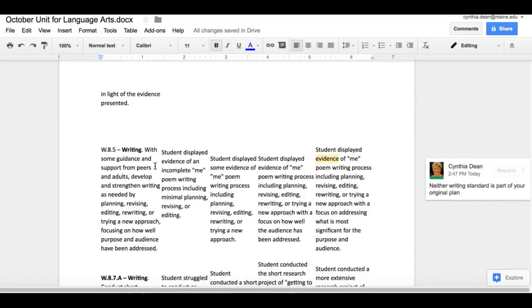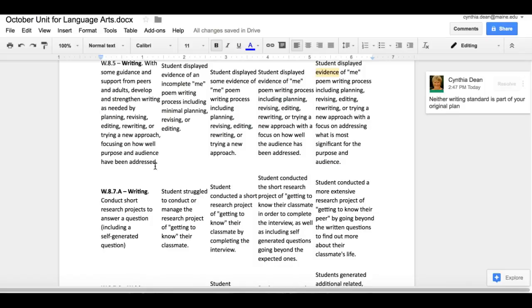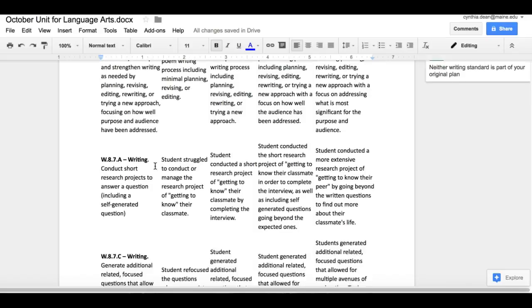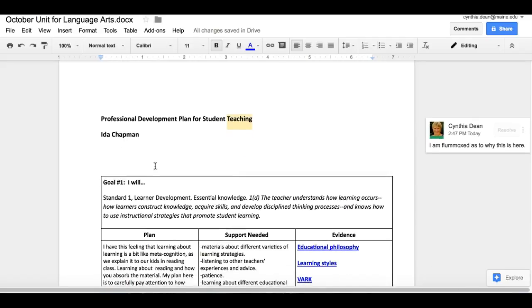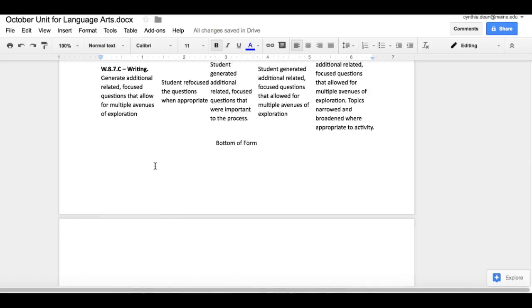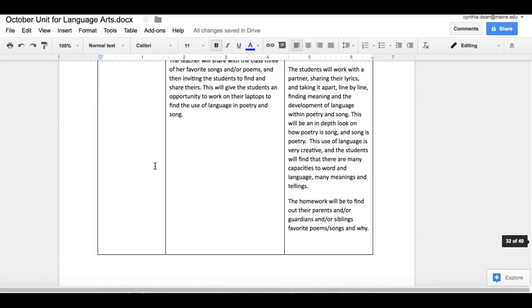This writing standard doesn't fit because you didn't put that into the UBD, and neither does this one. And I have no idea why you put the professional development plan in here. I think it was just a mistake on your part. It just got tacked onto here. All right, so I've gone through this really quickly, but these are the serious issues here. I don't see how they connect, and I was willing to listen to what you had to say,